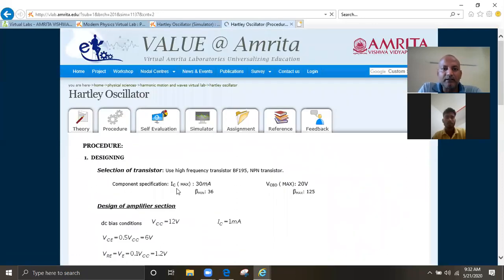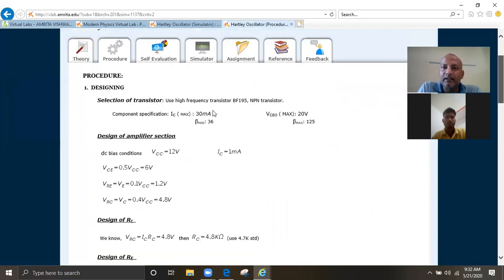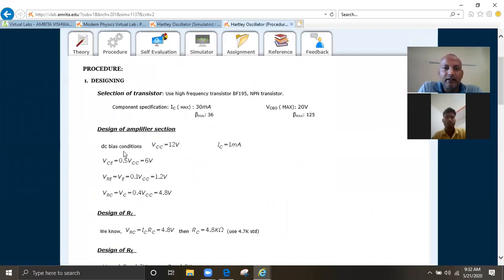Selection of transistor: BF195 NPN transistor, IC maximum 30 milliampere and so on. DC bias: what is the value of RC? You can calculate the value of RC from here. This is 4.8 kilo ohm.